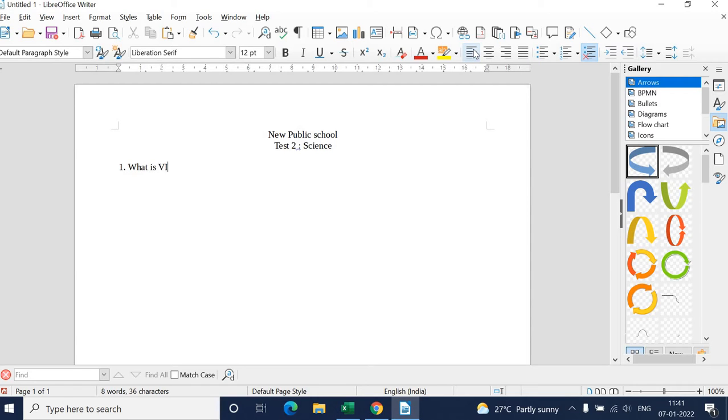What is velocity? Second, what is speed? You can type comfortably, you can type easily, you can type it here. What is speed?